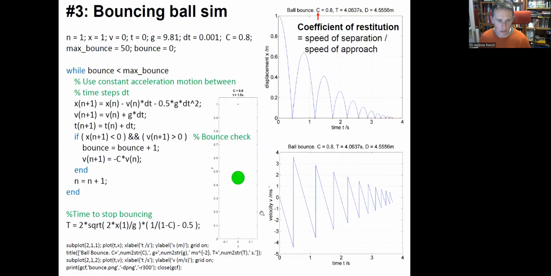A nice one might be the bouncing ball sim. That would be really good, because this is classic A-level stuff. So write this little bit of code. If you want to do a bit of Python or MATLAB or whatever, basically coding this up in the language of your choice would be a really good thing to do. See if you can get it to plot these graphs. Then the next step, once I've got my array of x and v and t, etc., can I maybe make an animated graph? You might find that's a bit too difficult for your language, or you might find there's an add-on which will allow you to do animations. That's something you can then look up on the internet.